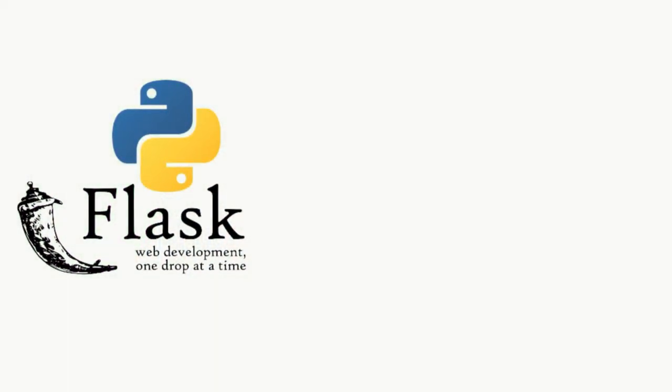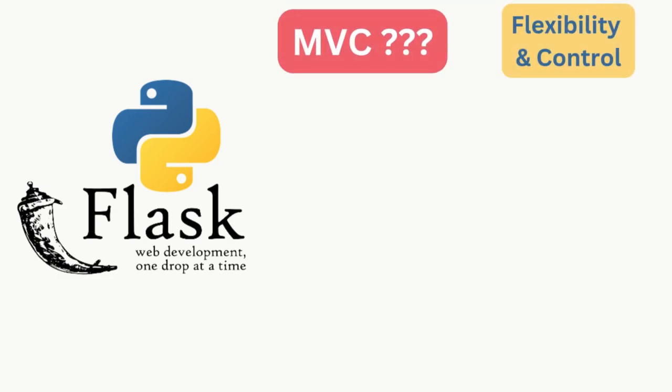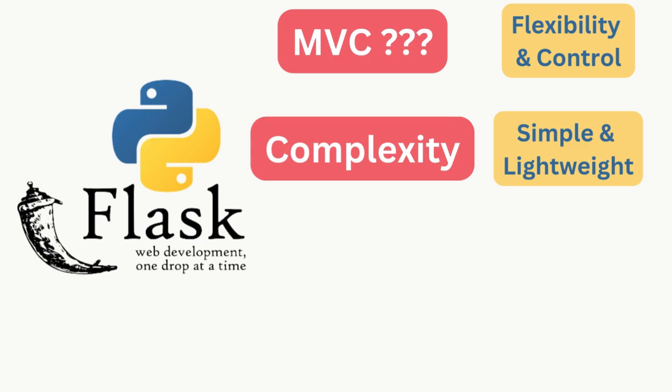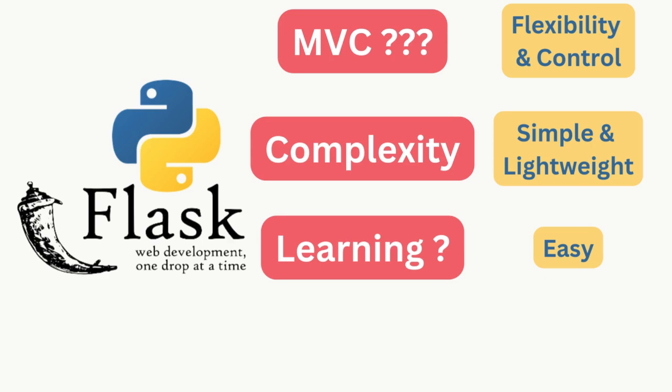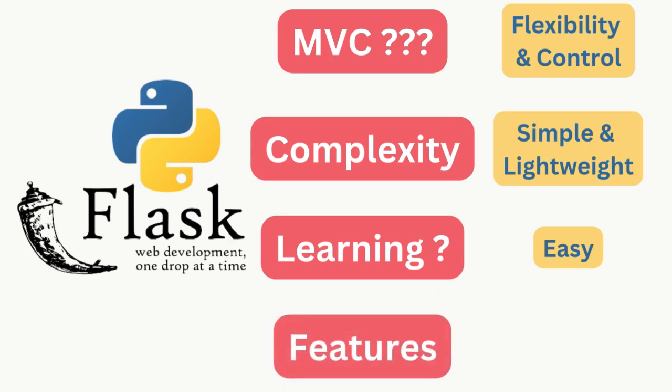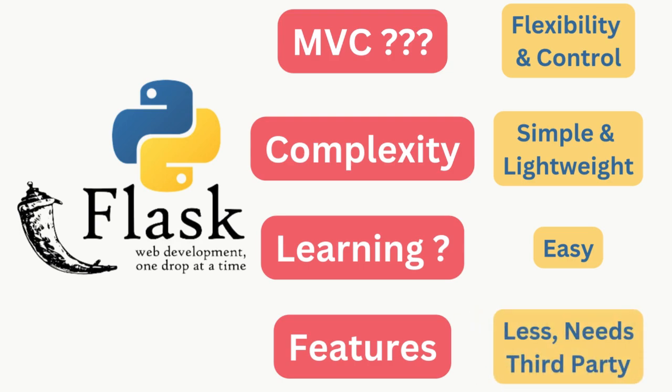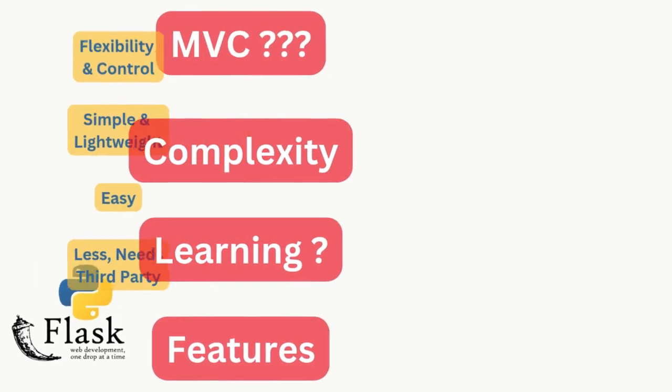Flask, which we've seen in previous tutorials, offers flexibility and control over our development process. It is very lightweight and ideal for small projects and APIs. Its learning curve is just like Python, but it has less built-in functionality. If you need features like authentication, database interactions, and templating, then you have to do it yourself or use some third-party libraries like we did earlier.